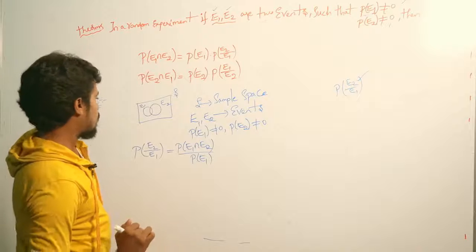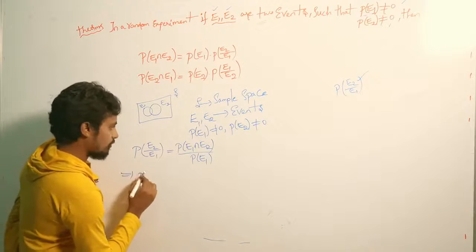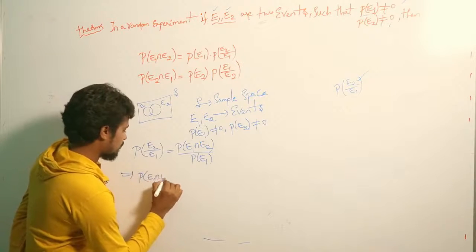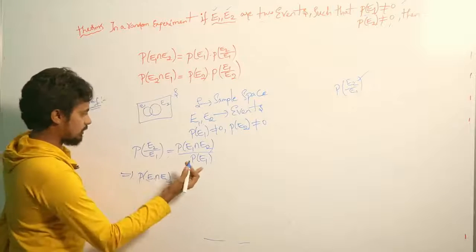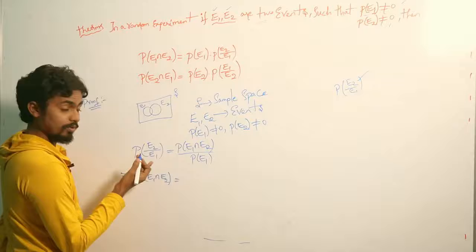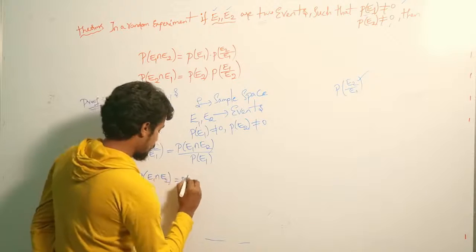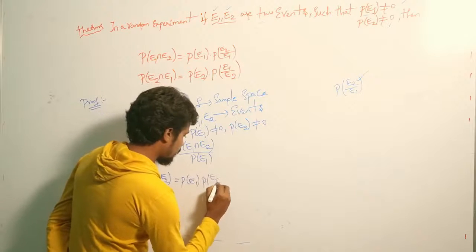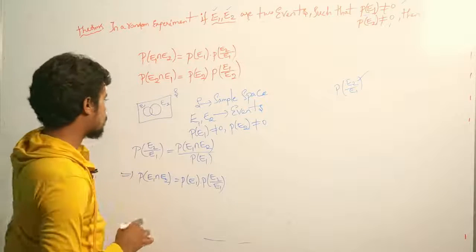What will happen if you take P of E1 intersection E2? Here this is division; if you move it across, it becomes multiplication. This will become P of E1 dot P of E2 divided by E1. Similarly,